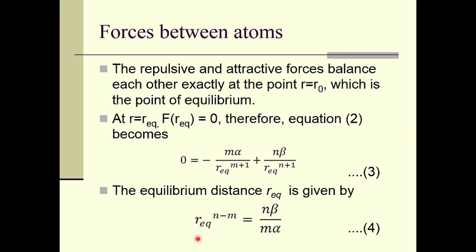So in this lecture we have studied the different bonding mechanisms, the chemical bonding, what is meant by a chemical bond, and the different types of bonding mechanisms, right. We have also studied the forces between atoms, what the forces are when two atoms come closer, the variation in the potential energy, and we have also found the equilibrium distance between the two atoms where the potential energy is minimum, right.